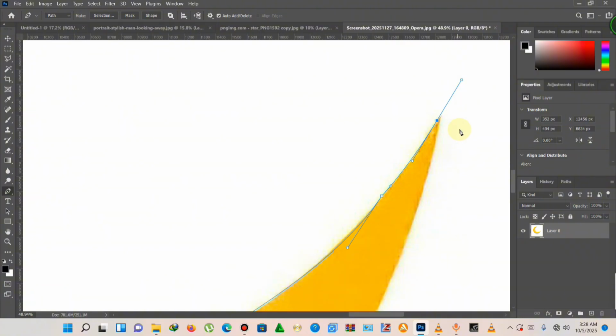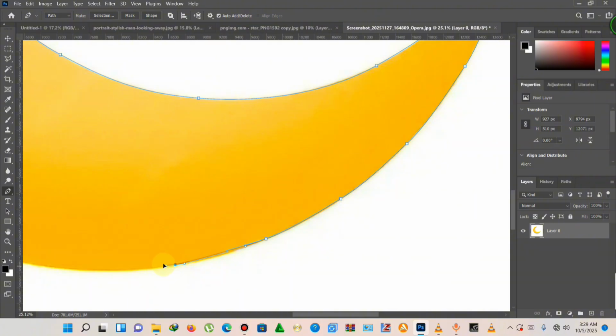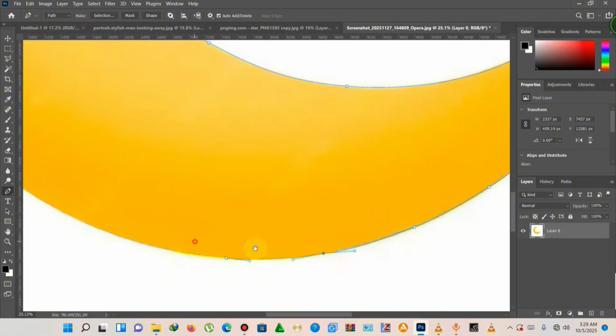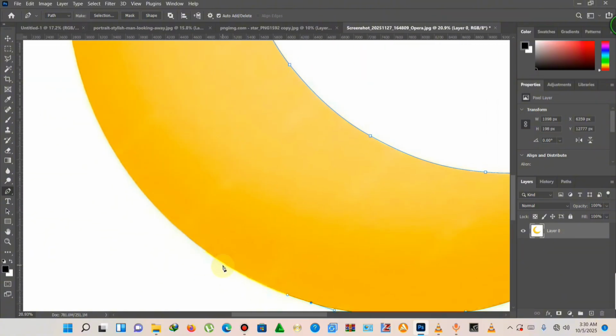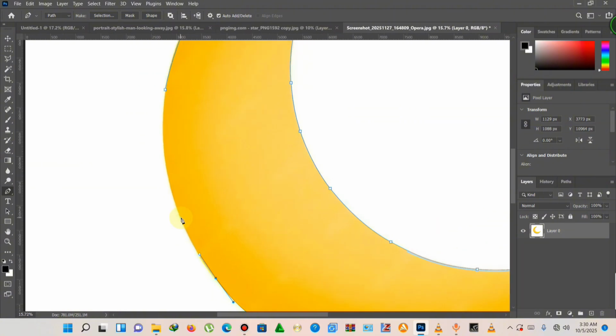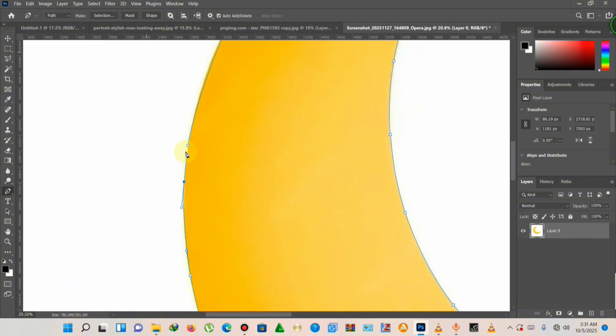So Ctrl Z and make sure you hold Alt, you reduce this one, and then you continue with your selection. And then finally we are about to close the